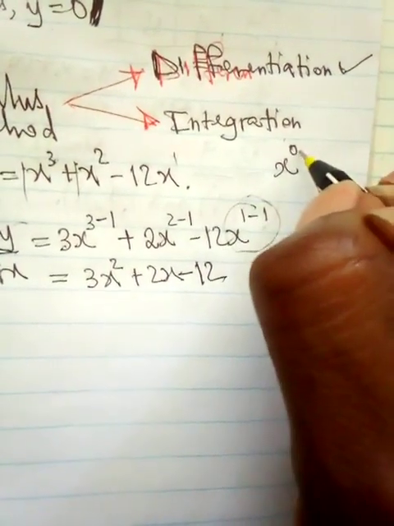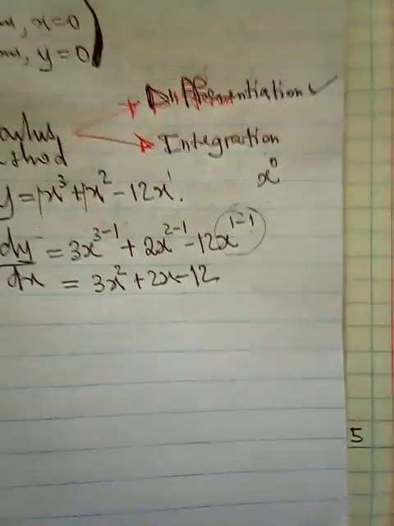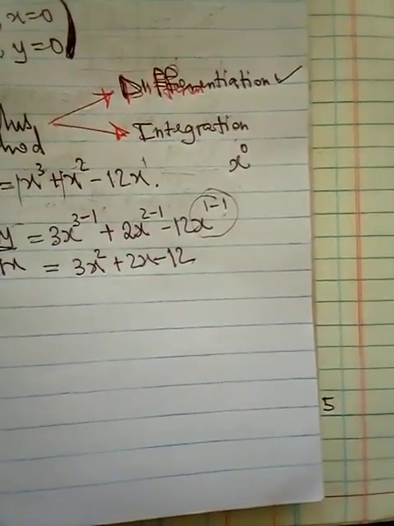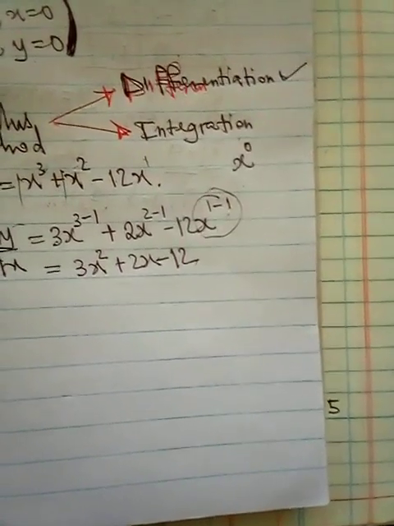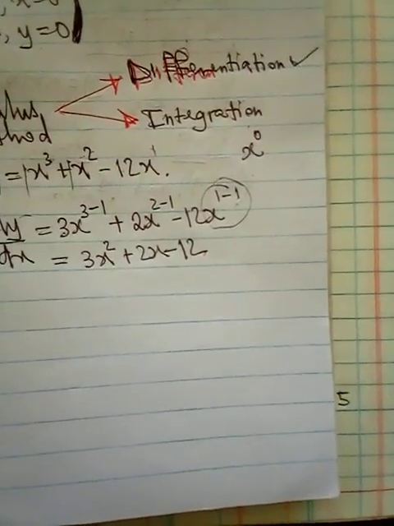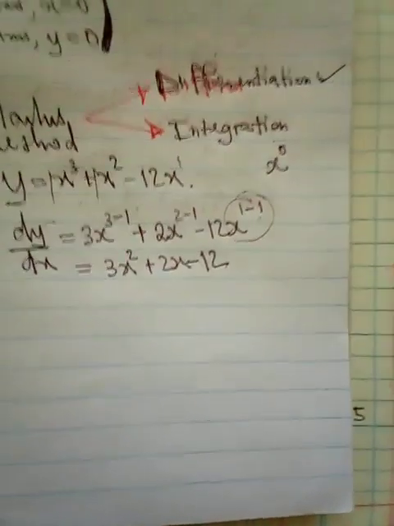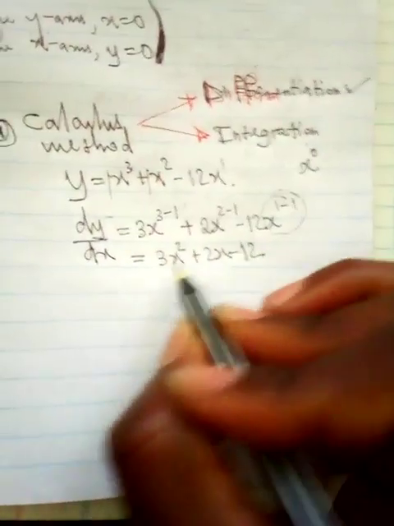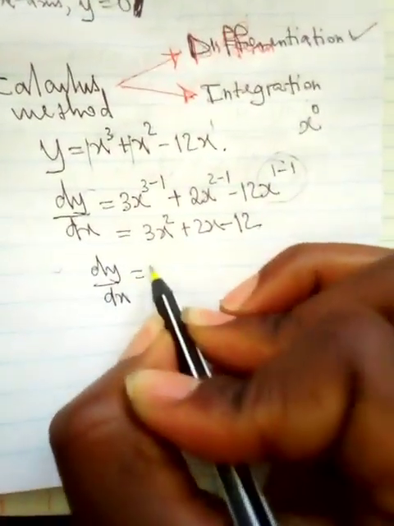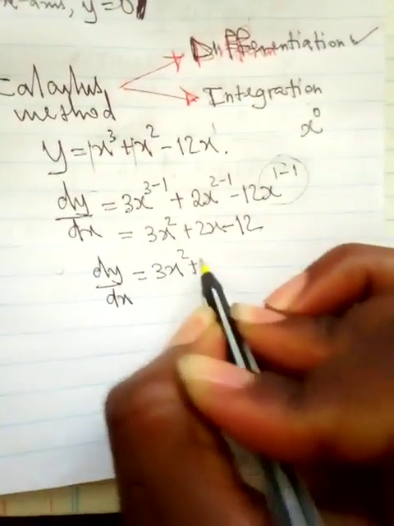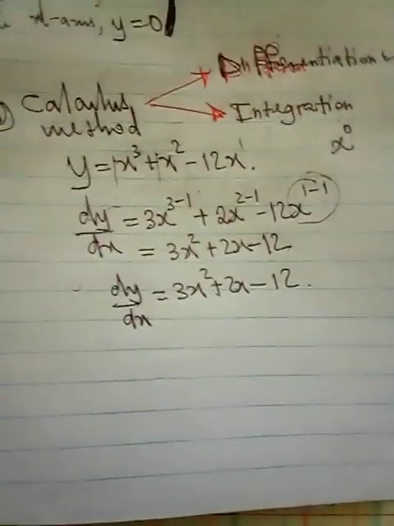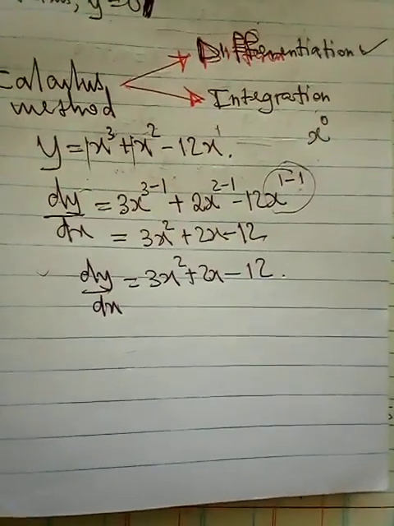And any number or letter that is raised to the power 0, the answer is always 1. Okay? Any number raised to the power 0, any letter raised to the power 0, the value is always 1 as our final answer. So once you differentiate, dy/dx will be equal to 3x squared plus 2x minus 12. Now, once we make it in this way, what is going to happen is that